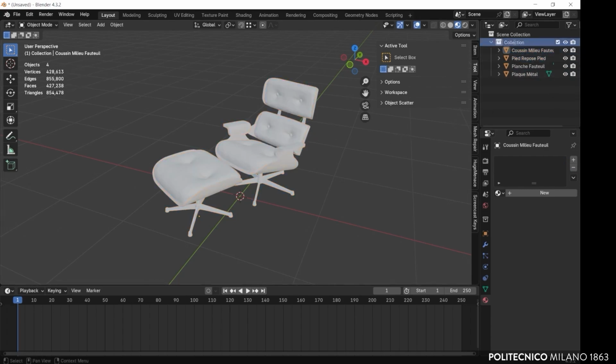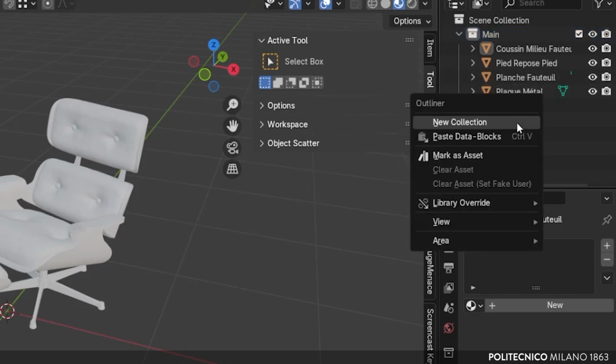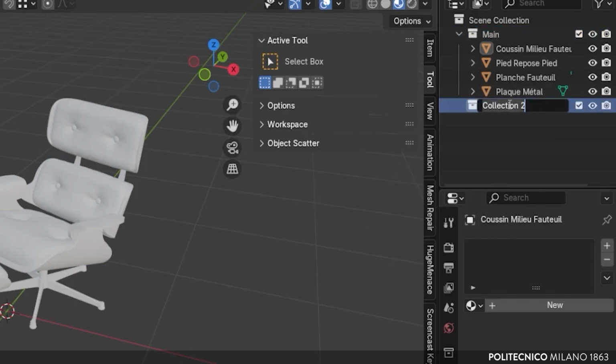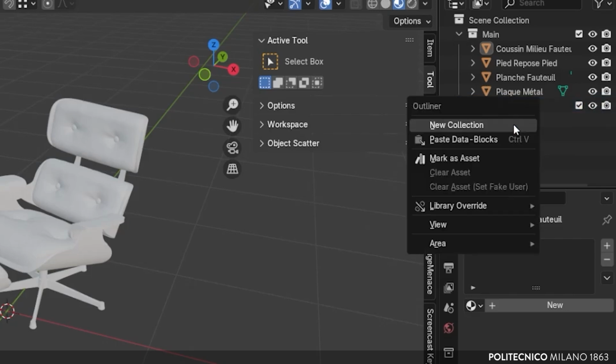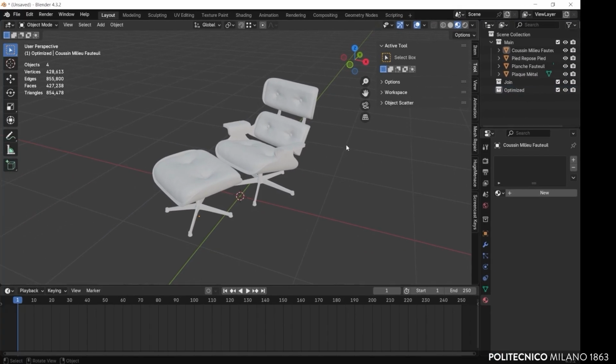For better project organization, create two new collections in the Scene Collection panel. One labeled Drawing and the other Optimized. To create a new collection, right-click the mouse button on the Scene Collection tab.